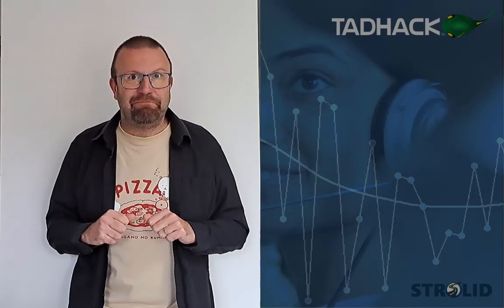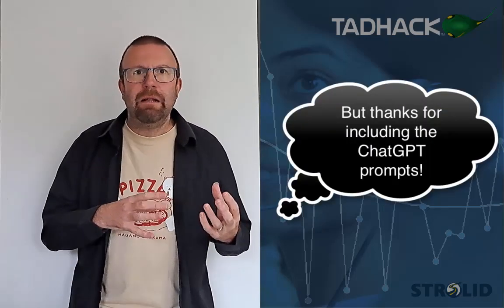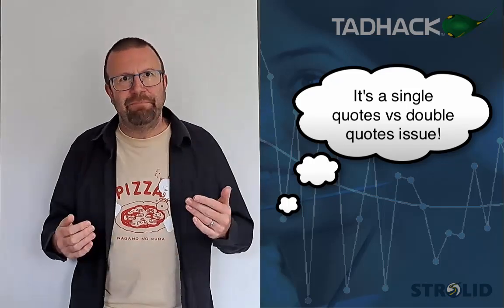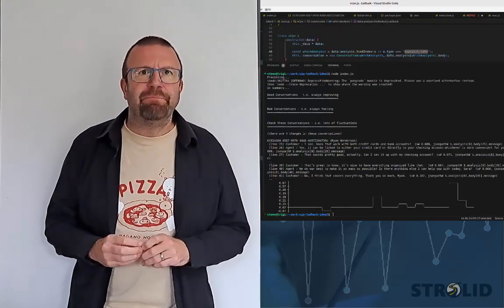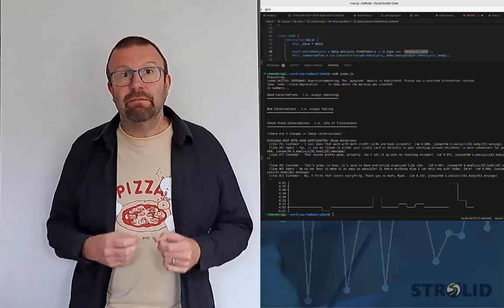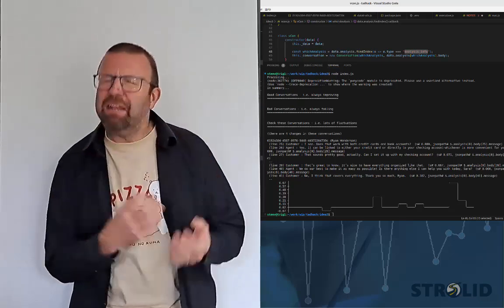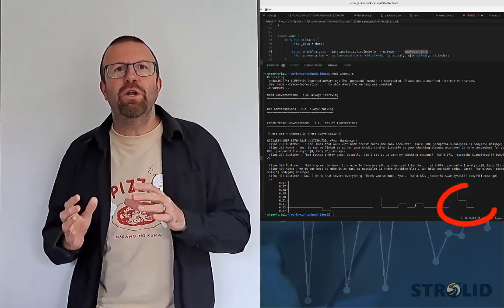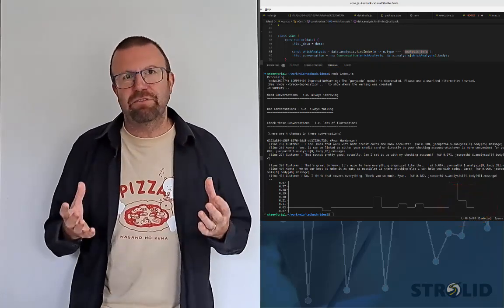So I generated some. Unfortunately, as I said, I was using Node, and the ChatGPT prompts were present in the JSON file. They produced illegal JSON, at least as far as Node goes, and here's the result of one. It shows promise, but with room for improvement. For example, when an agent asks, "Is that everything?" and the customer goes, "No, I think that covers everything. Thank you very much, Ryan." You get a negative sentiment from the word no. And this causes a little dip at the end and it overrides everything else that's being said.